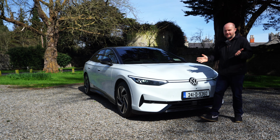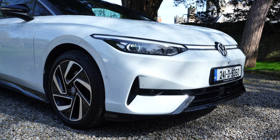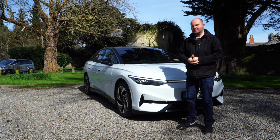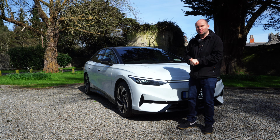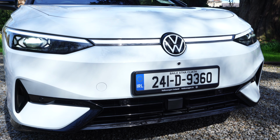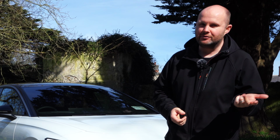The Volkswagen ID.7, it's a really important car for Volkswagen. The Golf turned 50 just a few days ago. And I'm not saying it's as important for the future of the company, but it kind of is. Because the ID.7 is coming in the back of the ID.3, 4, 5, which hasn't had the best start in